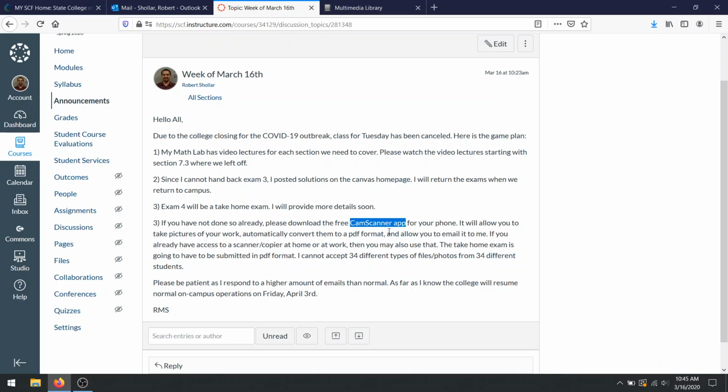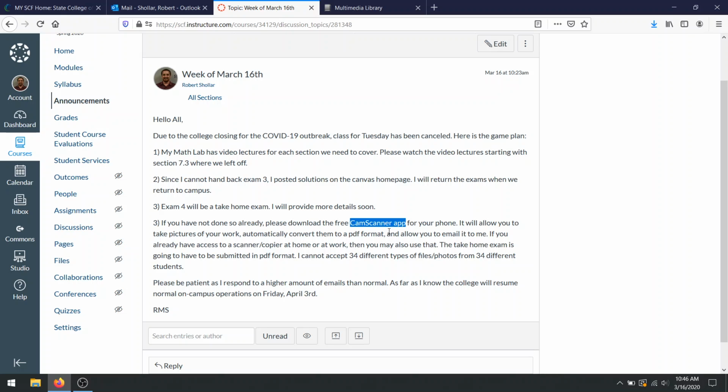If you don't have a copier or scanner, obviously if you already have a copier or scanner, you can just use that. If you don't have access to a copier or scanner, you don't have a cell phone, you can't get the app, as far as I know, campus will be open again to students. You could come to the library, or you can go to the ARC and use one of their copiers or scanners. When the campus does reopen to students, which I believe is on Thursday, you might be able to just come to campus and turn it into my mailbox or the secretary.